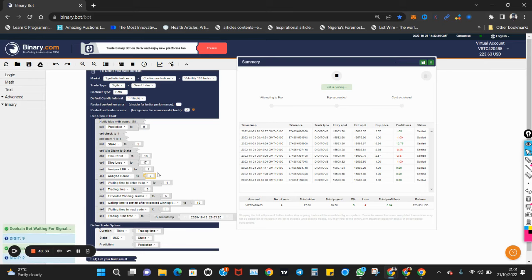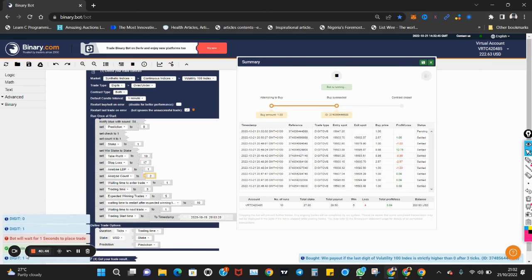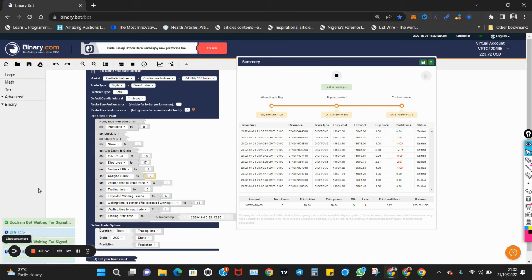If you watch here, I put in my stop loss at 17. Now you can see it just found one appearing twice and it entered a trade, and I won that trade. It now shows you the trade will start again. It still continues checking. If it finds one appearing twice again, you can see the last trade we took was about